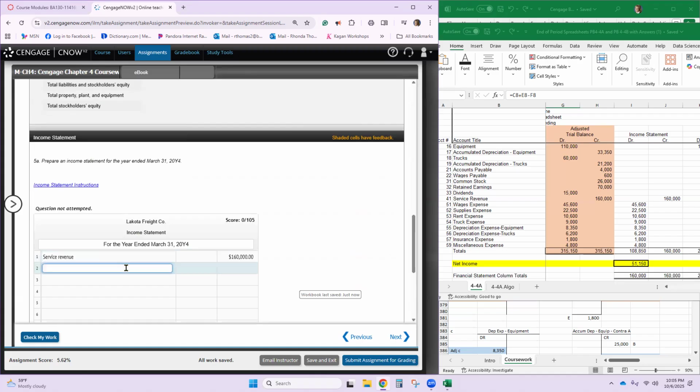Then we want expenses. Okay, let's go with wages expense. Wages expense has 45,600.